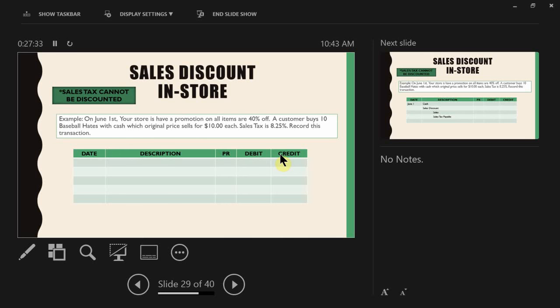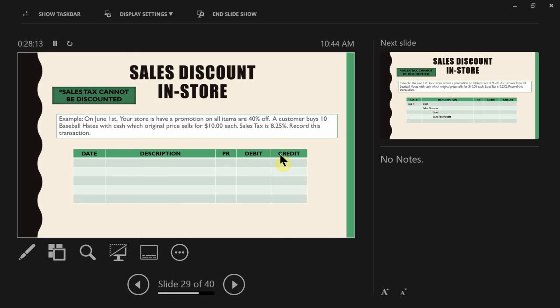So in this case, let's take a look at our very first example when we're doing an in-store sale. Here on June 1st, your store is having a promotional sale that everything is 40% off. A customer decides to buy 10 baseball hats. Each hat costs you $10, and sales tax is 8.25%. Record this